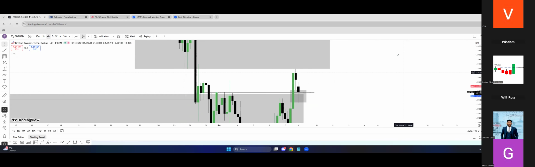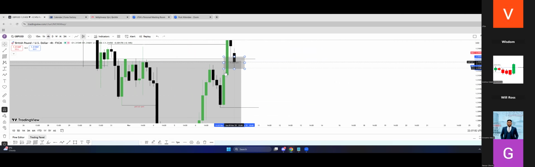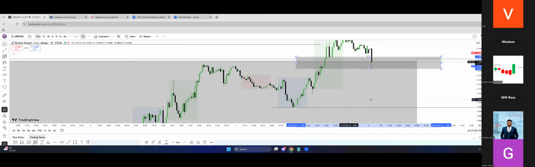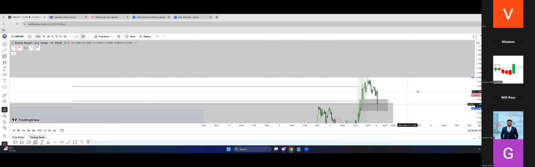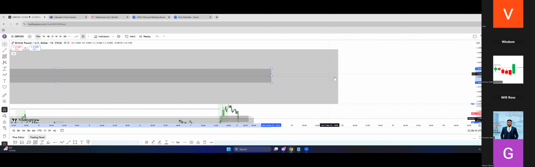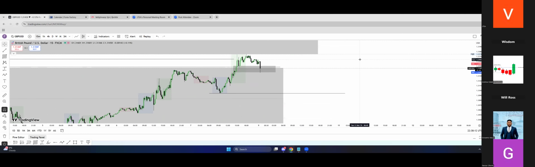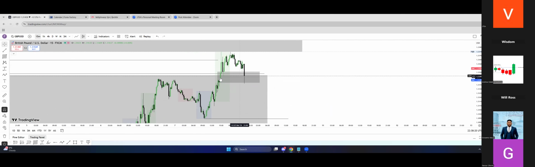You can see what I told you guys. I need price to trade into this inefficiency, and price has already traded into this inefficiency now. I know this is Asia session and there is no clear confirmation, but for sure, for what I can see, I would like to buy GU from this level or into this inefficiency. This is still my stake. I know price has just opened, it's not settled yet. It can still go down, but like I say, I would like to see price buy from this level.